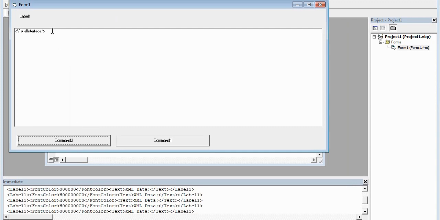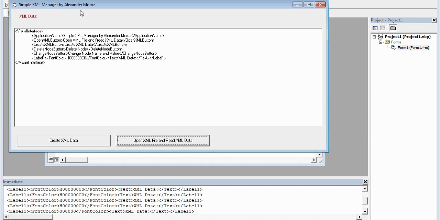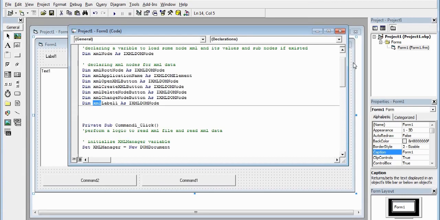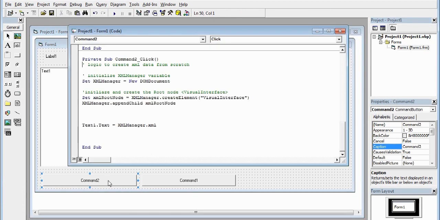Click command button, and let me go ahead and load the interface. So I'm going to click create XML document, and what we have is only a single node which is closed because it doesn't have any values, no attributes, nothing. Okay, so perfectly, we just created a single node. So you just learned how to create a single node. Then next,